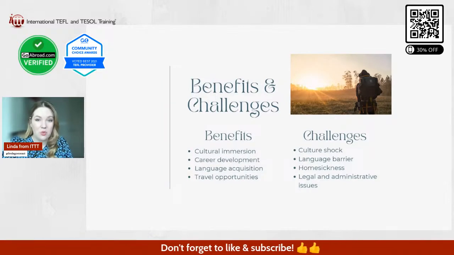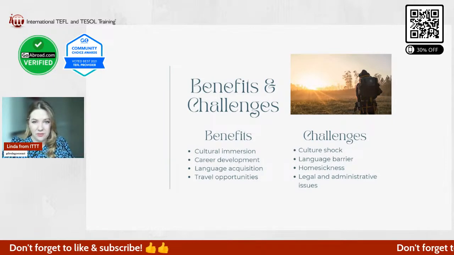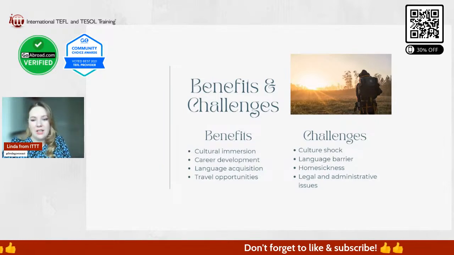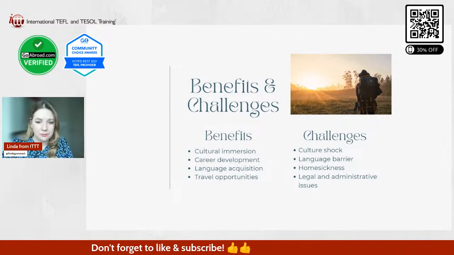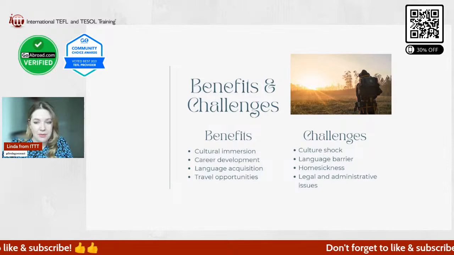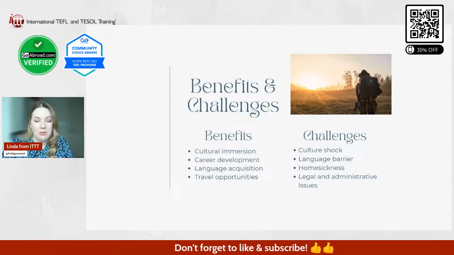Or the other way around, sometimes what would be illegal or not okay back home is totally legal and fine here, right? Or in other countries. So keep that in mind. Legal issues, also how people run their businesses and companies, the schools, the work culture can be very different.